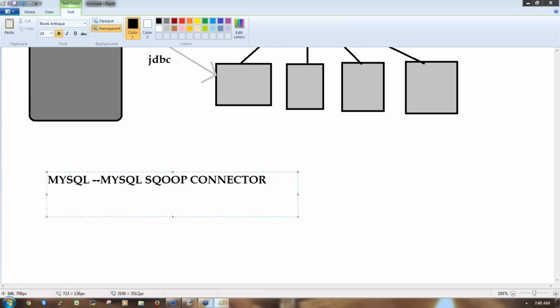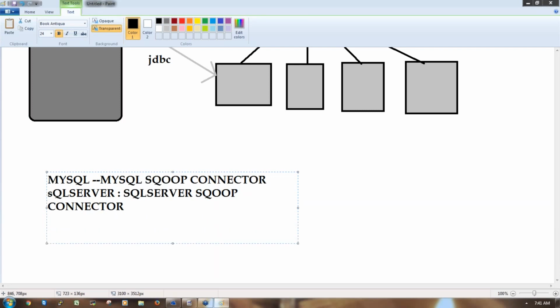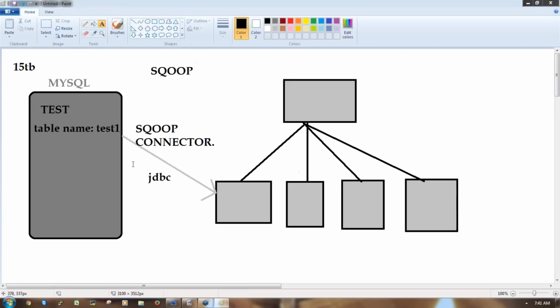If the client is having SQL Server, then we have to use the SQL Server Sqoop connector. The same way, if the client is having Teradata as a database, then you have to use the Sqoop Teradata connector. So this connector is specific to each database.